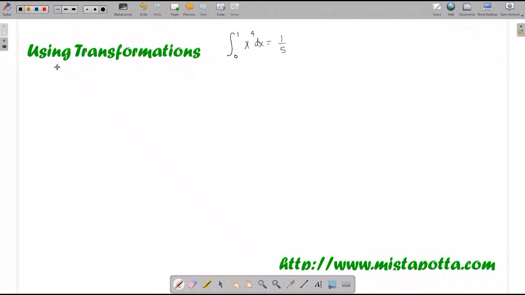So my question is, what if I was to do a transformation on this function? In other words, what if I was to ask you to evaluate the definite integral from x equals 0 to x equals 1 of 1 plus x to the fourth dx? What does this do to my graph? Well, I know that my original graph looks like a flattened parabola. In other words, it starts off very shallow, it goes very steep. So this area here